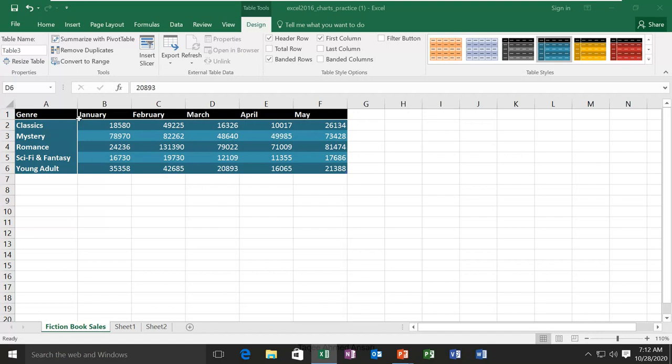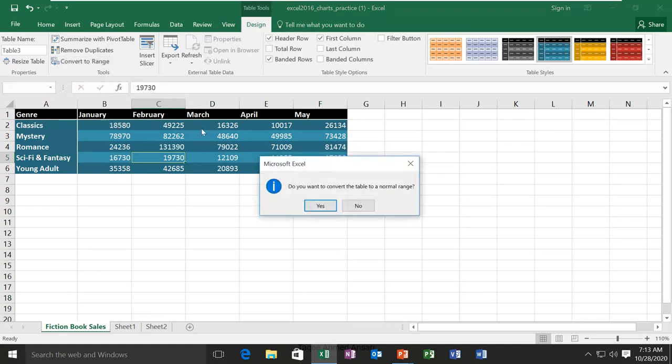So I also have a table and I want to remove it. If I select any cell, you will see this design tab because it's a table. Now I want to convert it into a normal range. So I select any cell of the table, the design tab comes, and from this tools group I will select convert to range.